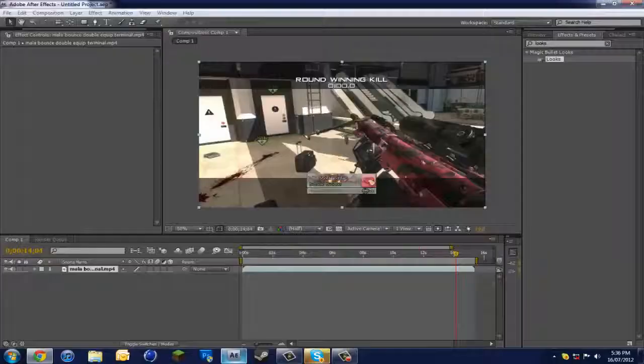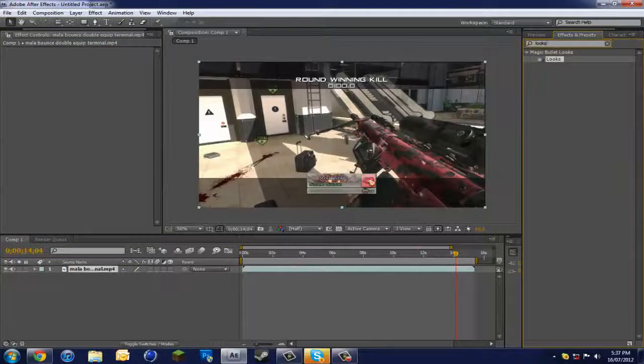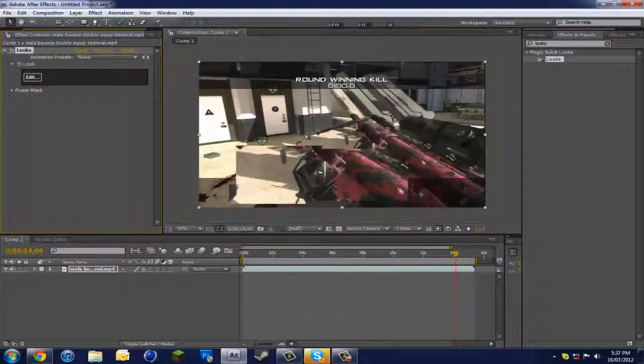First you're going to go into After Effects, and before we start, you need Magic Bullet Looks. If you YouTube "After Effects Magic Bullet Looks for free", whatever CS version you've got, I'm sure you could get it easily. It's pretty easy to install and download, just like Twixtor. Once you do that, go into Effects and Presets, type in Looks, and it'll come up with Magic Bullet Looks, and you just drag that onto your clip. Then you come over here and click Edit, and it's going to open up a whole